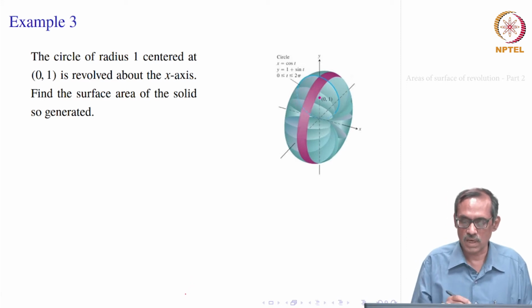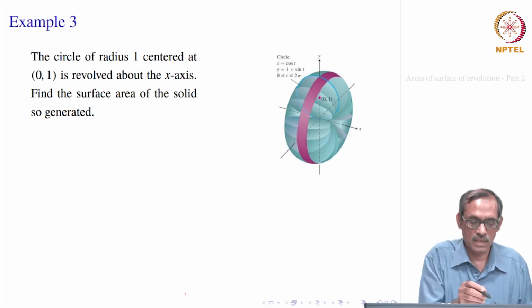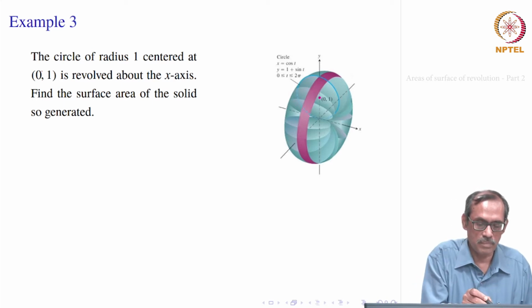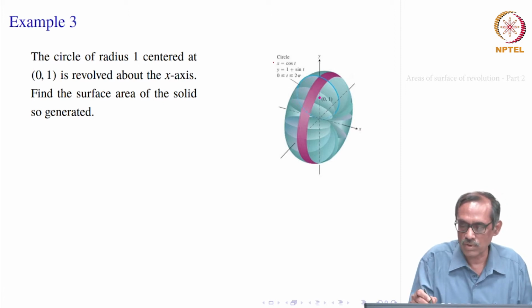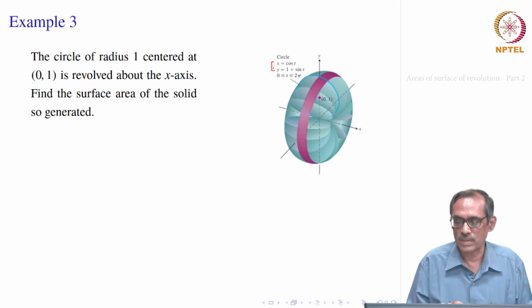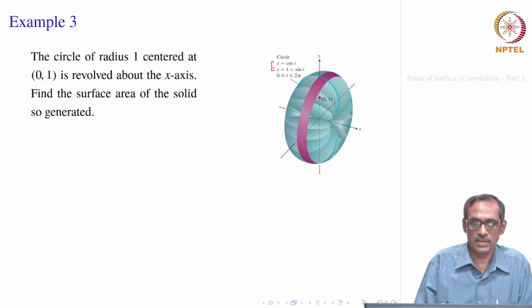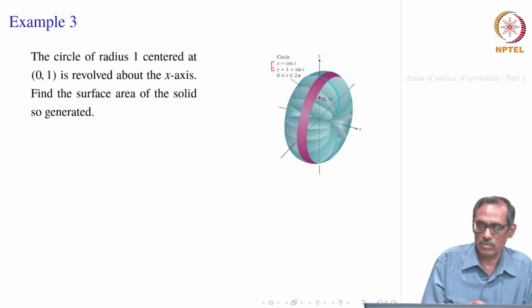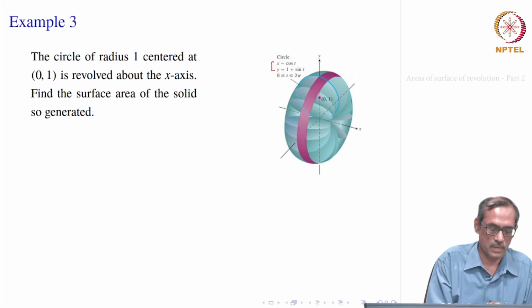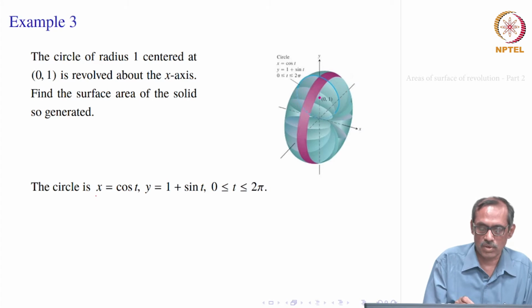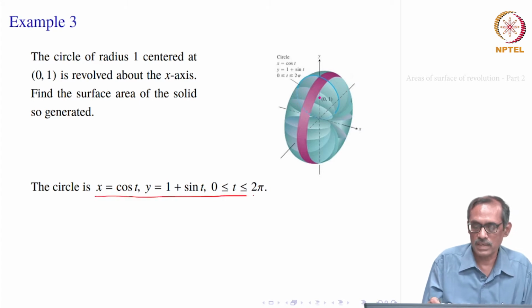Since it is a circle, it will be easier to parameterize with x equal to a plus r cos t, where the center is at (0, 1). So, that is 0 plus cos t, which is cos t, and y is b plus r sin t, which is 1 plus sin t. So, x equals cos t, y equals 1 plus sin t, and t is that angle. It varies from 0 to 2 pi. That is how we get the parameterization of the circle.